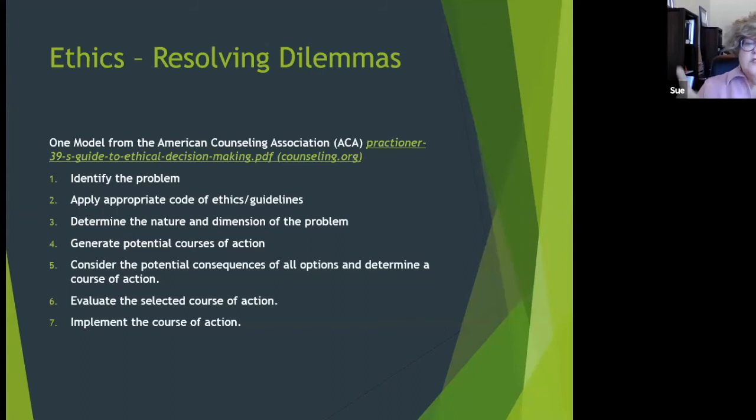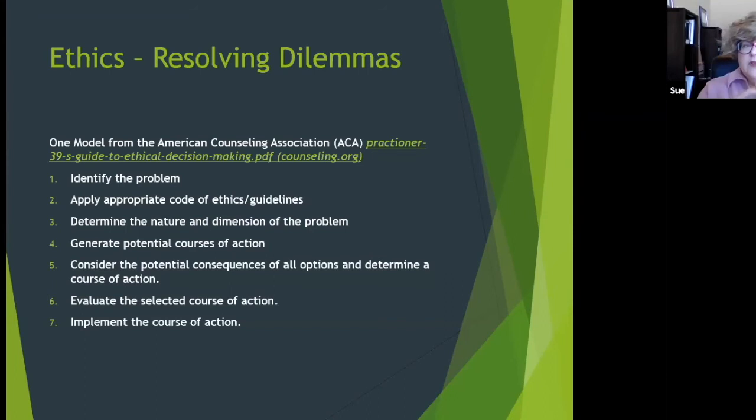The brainstorming part, the generating the potential courses of action, that's where, well, I could do this, I could do that. Do I need to consult with the National Association Ethics Office? For psychologists, the trust liability insurance has a means for you to be able to consult with someone around ethical legal situations. Do I just need to consult with somebody else in my profession? I mean, who do I need to talk to develop the different courses of actions and kind of do that brainstorming piece?